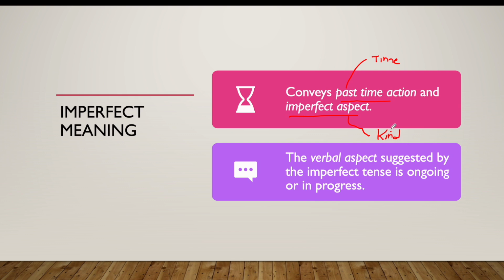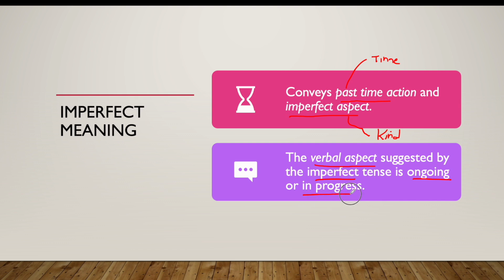And these two things actually go together when talking about Greek verbs. So the kind of action is called verbal aspect, and it suggests in the imperfect tense action that is ongoing